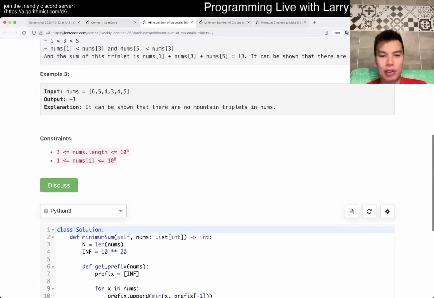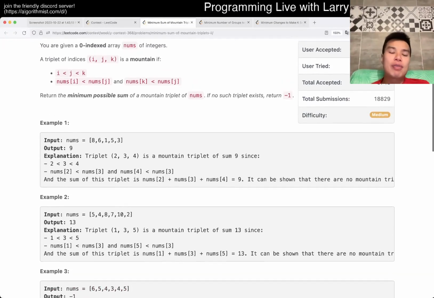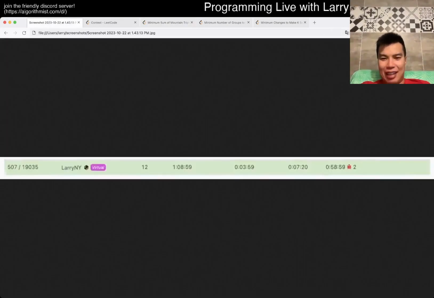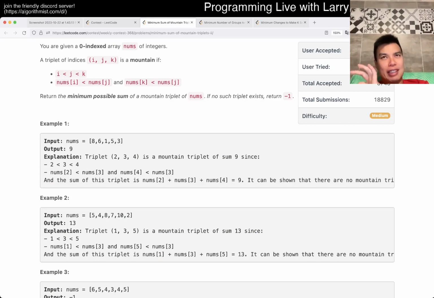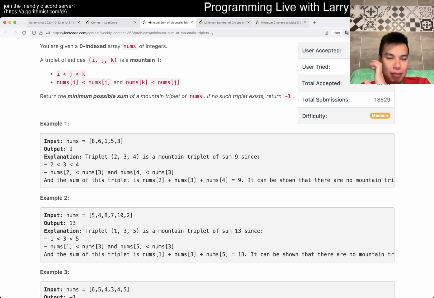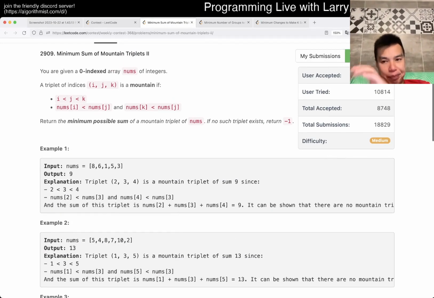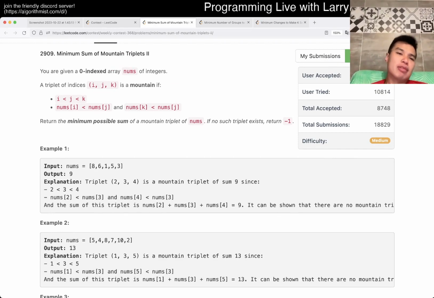So this one is a harder version of Q1 where n can be 10 to the 5th. There are a couple of moving parts, but it's really not that bad. I took 3 minutes anyway, but I've been kind of struggling with these kinds of implementations lately with off by one, and I'll go over why. So basically the core part about figuring out this problem is that, given a j,